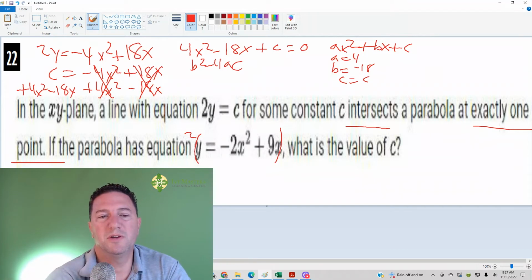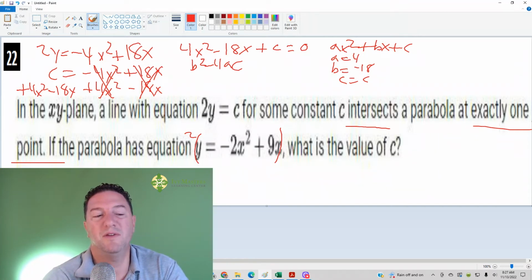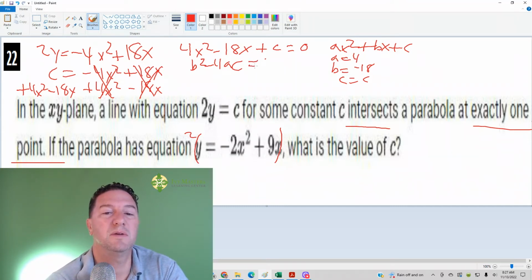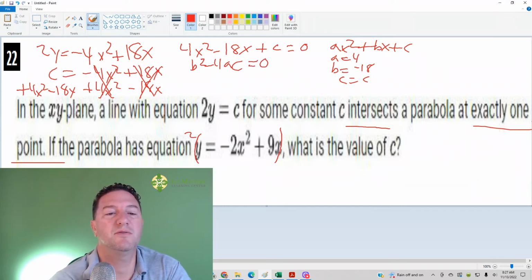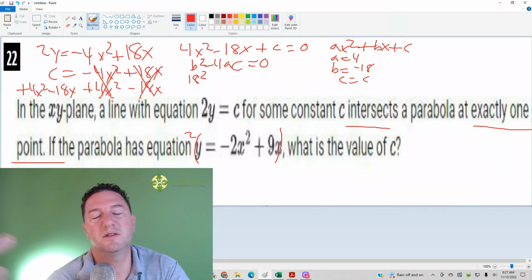So in order for b squared minus 4ac to have exactly one solution, which is another way to say it intersects at exactly one point, it's got to be equal to 0. So in place of b, I put my negative 18, so negative 18 squared, minus 4. In place of a, I put 4, and in place of c, it is just c,